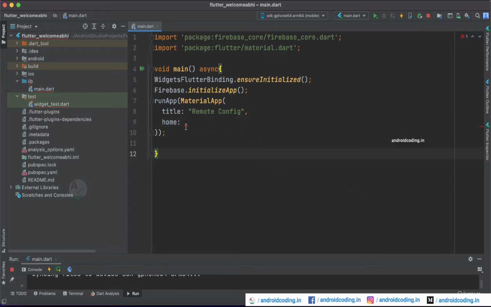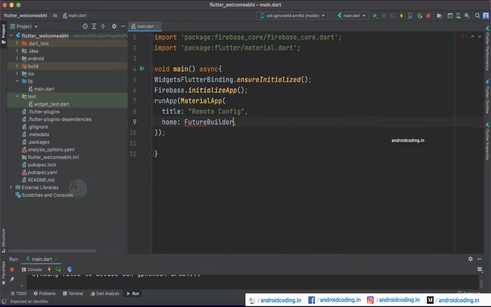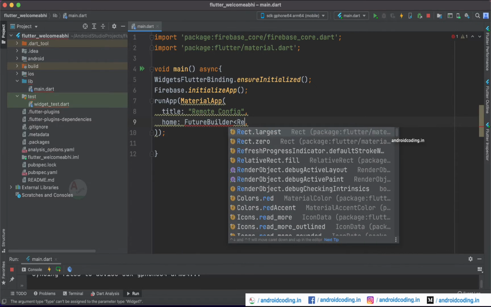For specifying the home class, I'm making use of a future builder because we are trying to fetch the information and then display it onto the screen. At the app start we need to fetch the information. Why? Because for the app update information, you need to make sure that whenever the user opens your application, you display this particular thing. So on app startup only we need to handle this scenario, future builder of type remote